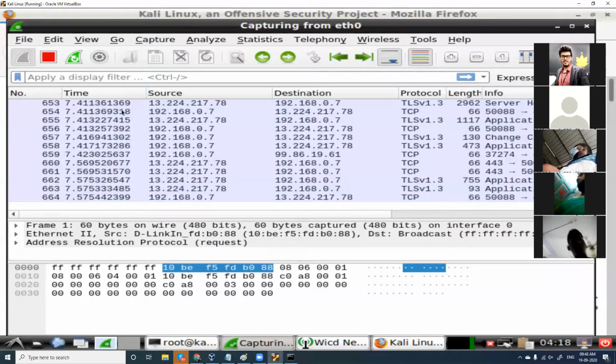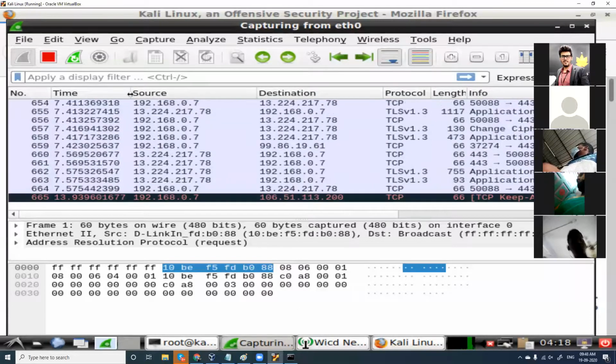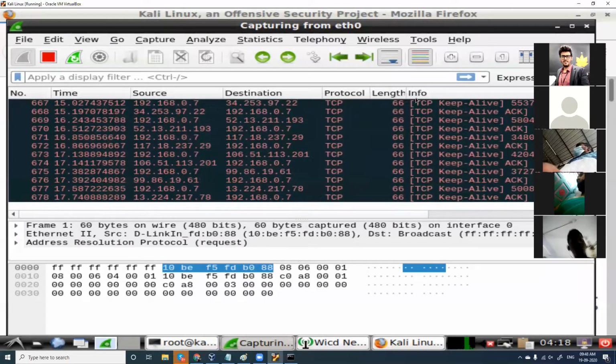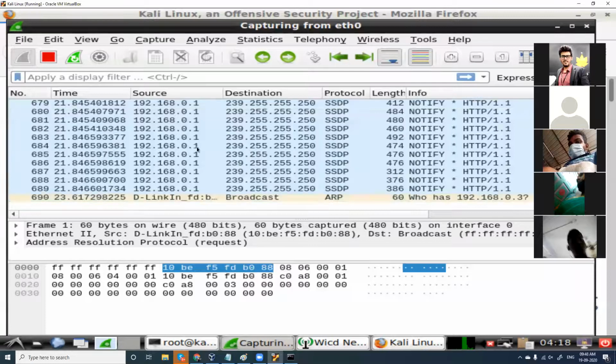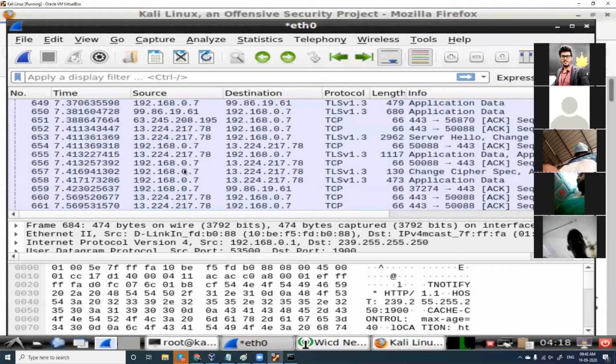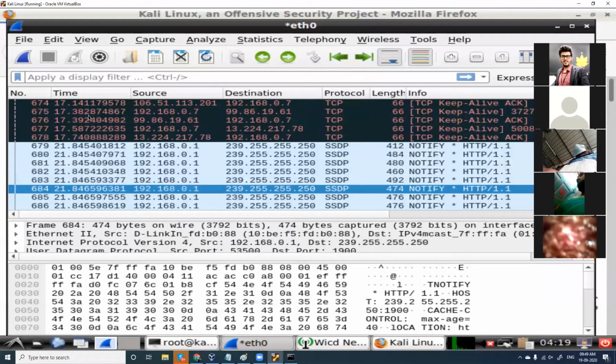We have more packets based on source, based on destination, based on a lot of things, and it is going to give you a lot of information, right? And let me stop this. For guys who are very new to this, I'll tell you what this is. This is the number of packets being transmitted. It is only like 10 seconds. I opened this and it has generated more than 700 packets, right? And this is the time, which is not needed.